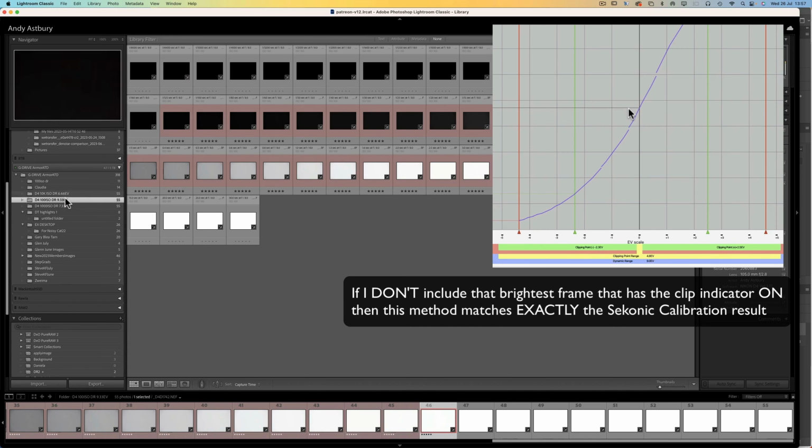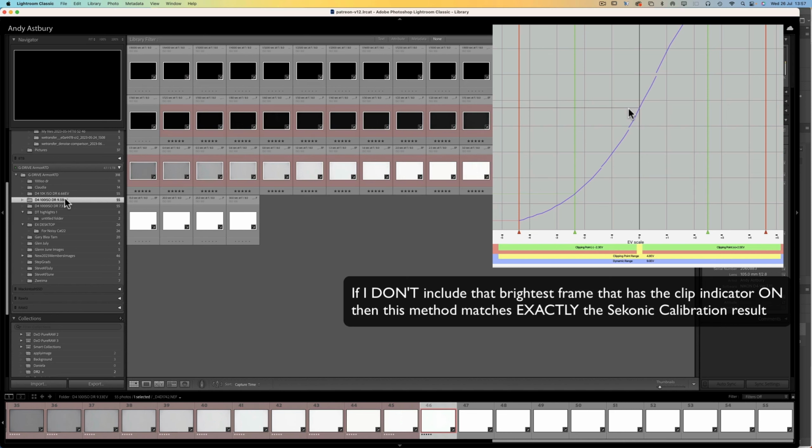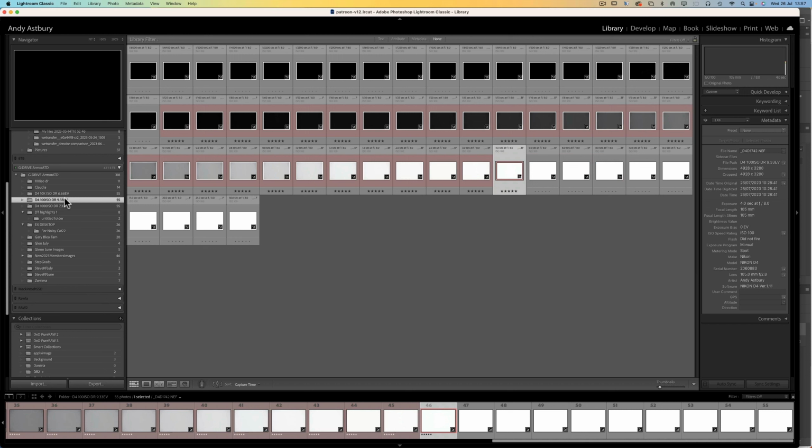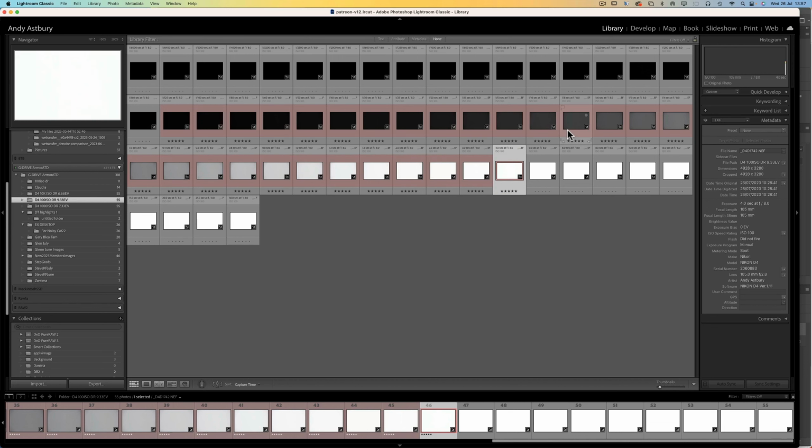So it is 9.3 stops of dynamic range. Alrighty, so there's my dynamic range for 100 ISO on the Nikon D4, and quite simply, if I go through